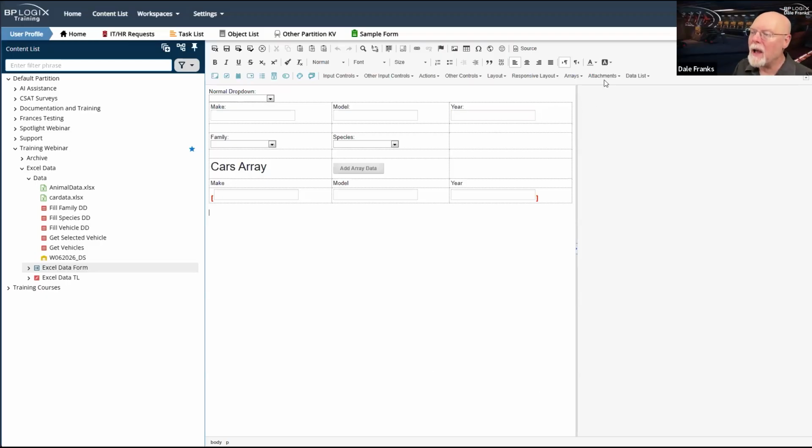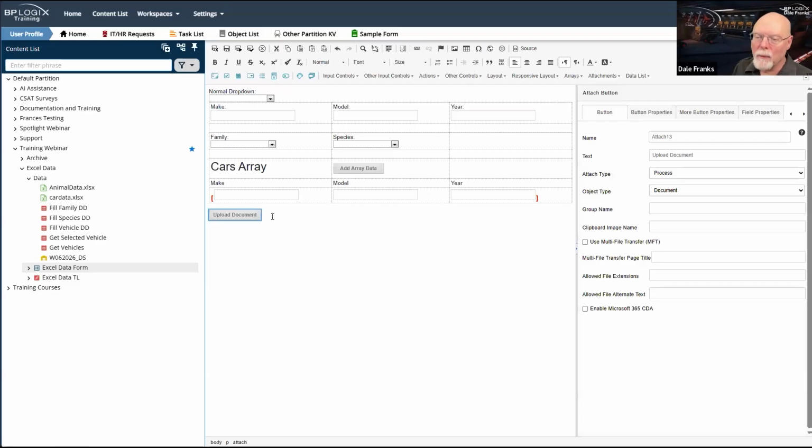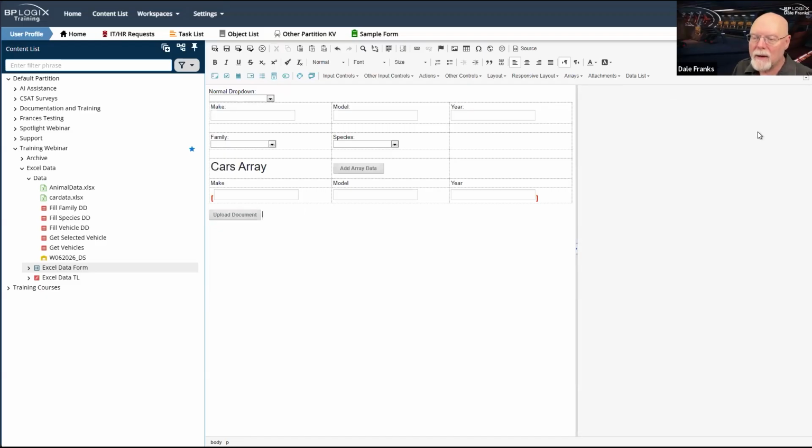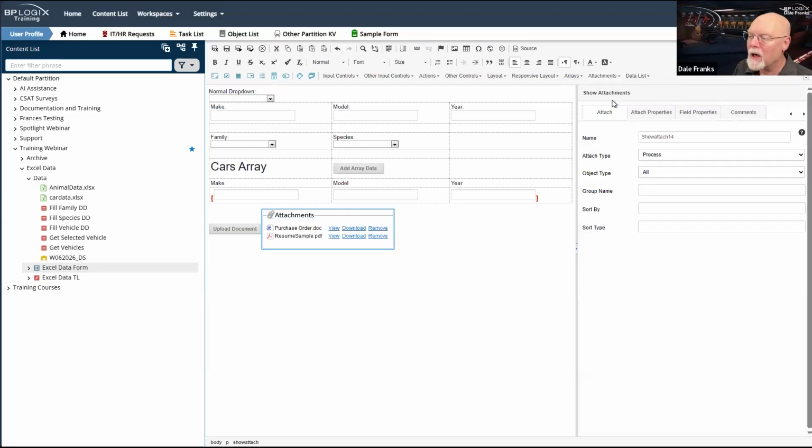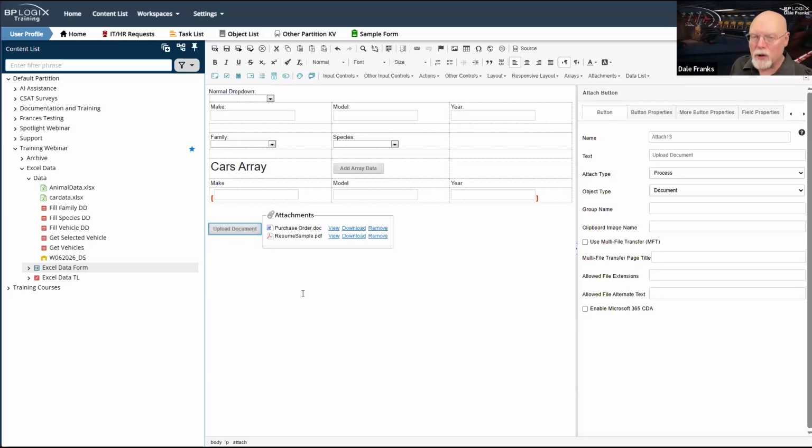I am going to add an attach objects control, and I don't technically need a show attached objects, but I am going to add one, a show attached objects. Now, the reason why I created a timeline is for this purpose, so that I can configure this the way that you would normally configure attachment controls.